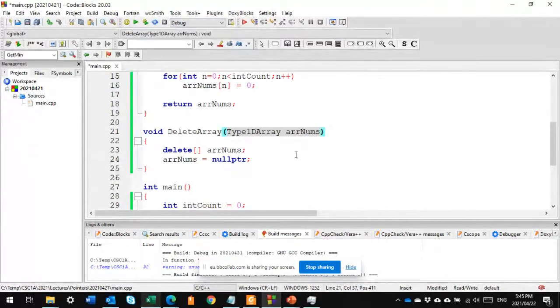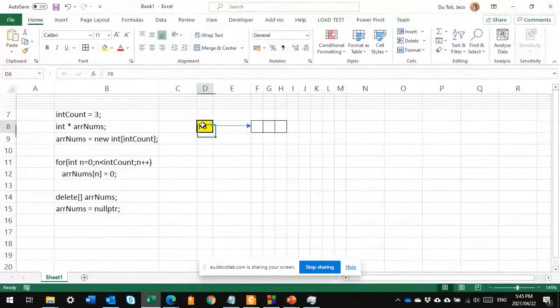Why is this not correct, this parameter? Now, this parameter, what it means is, it is passed by value. If you look at this spreadsheet of mine, let's assume that this is what array students is. This little box is what array students is,